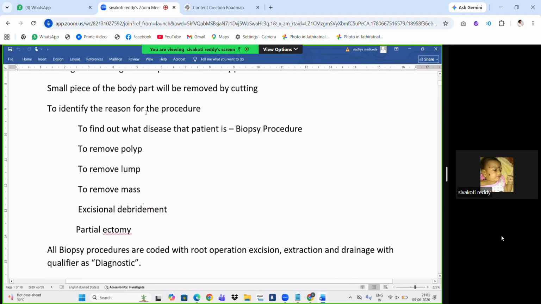To removal of lump, polyp, mass, excisional debridement, biopsy, partial ectomies. If they have done any removal of polyp, mass, lump, or excisional debridement, partial ectomies like a portion of the removal, partial nephrectomy, or taking one lobe, one disc in the lumbar or cervical or thoracic, portion of colon, sigmoid colon or ascending colon,